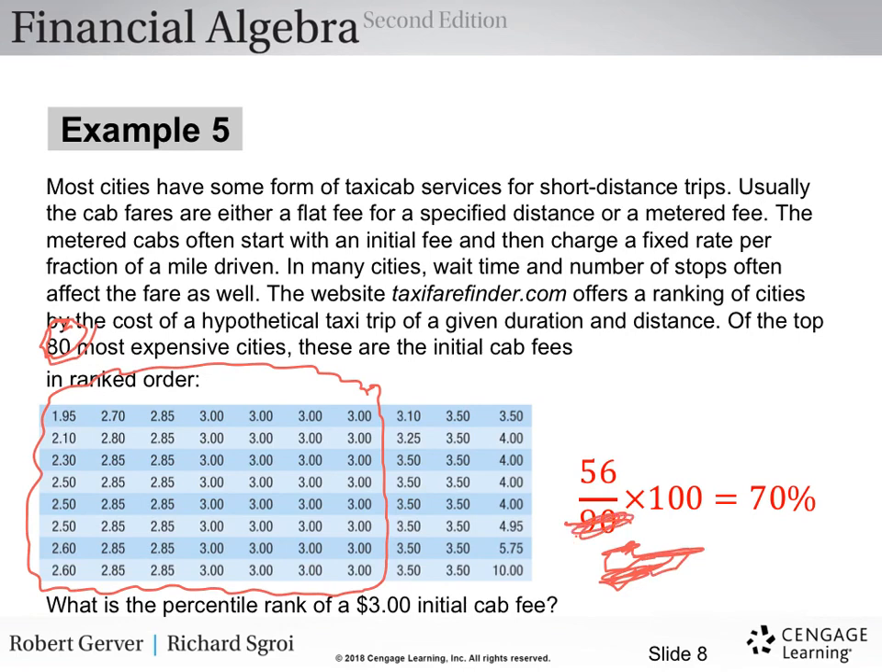That should be 80. All right, so if we take 56, divide it by 80, multiply by 100, we should come out with 70%. Okay, so that's the percentile rank. 70% of the fares are $3 or less. Okay,